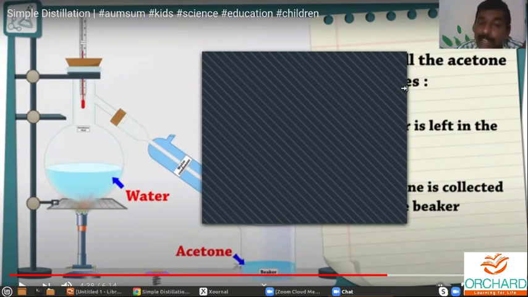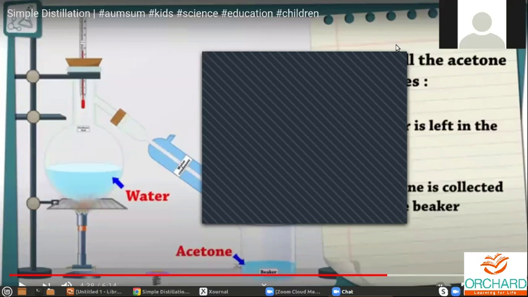But seawater is brackish water. It contains so many salts in it. So are you able to understand the technique of simple distillation? Heat the mixture, evaporate it, condense the evaporated liquid, and you collect it. Condensation is an important process in this distillation technique. Without condensing, you cannot get the liquid. You have to condense the vapor. Evaporation and condensation are the processes involved in simple distillation.